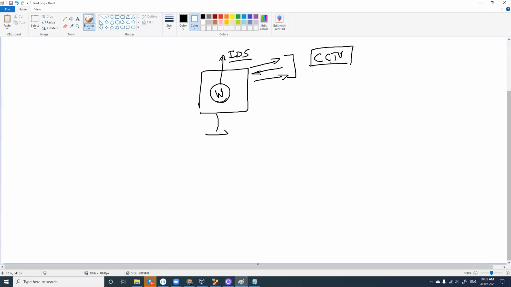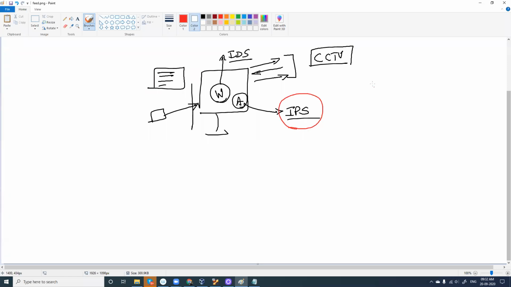It cannot prevent. If you have an antivirus installed on your computer, that can act like an IPS, intrusion prevention system. There is a malware which is trying to enter your computer, what will your antivirus do? Antivirus will stop this, and it will notify you, stating that there is a virus file which is trying to enter your computer. What should I do? Should I delete this? Should I quarantine this? It is going to ask you things like this. Yes, so that can be an IPS.